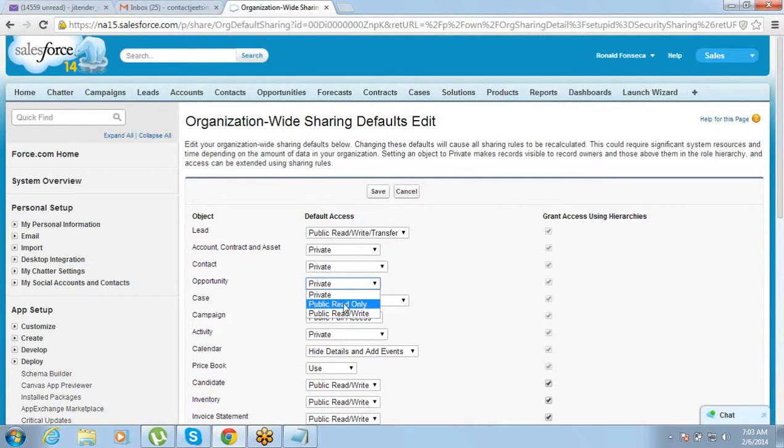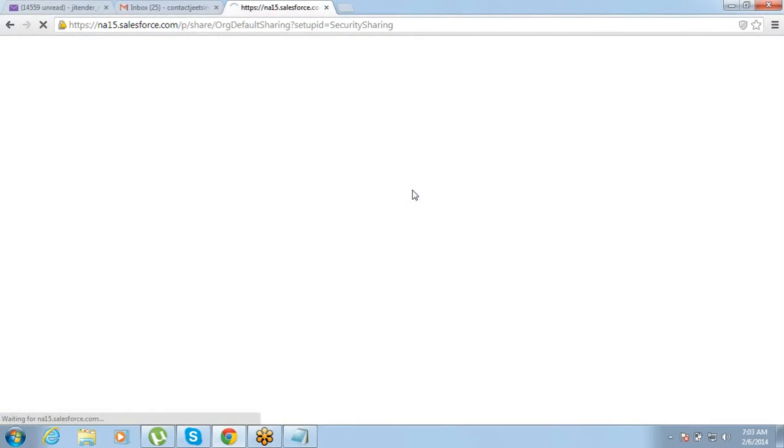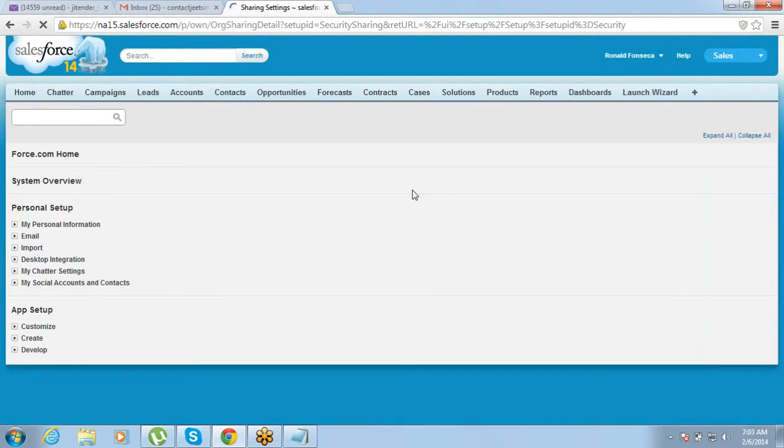No. When you make it public, you have two options: public read only or public read write. If it is public read only, then you will only be able to see the 150 records. But if you make it public read write, then anyone can see any record and anyone can edit. So depending on your requirement. Okay. Fine.